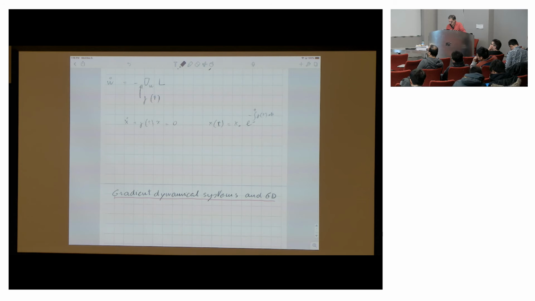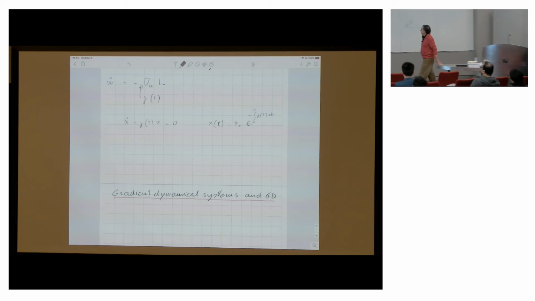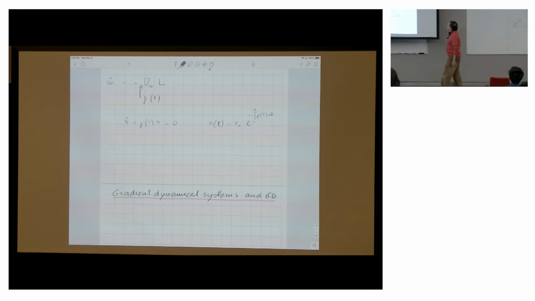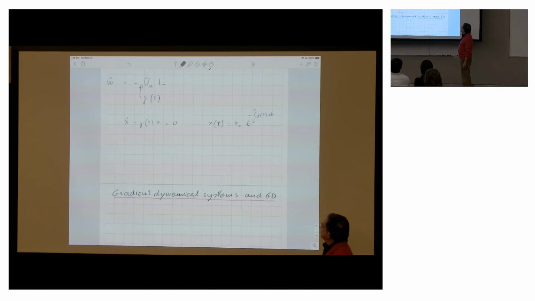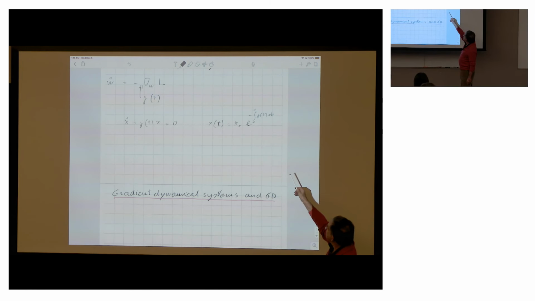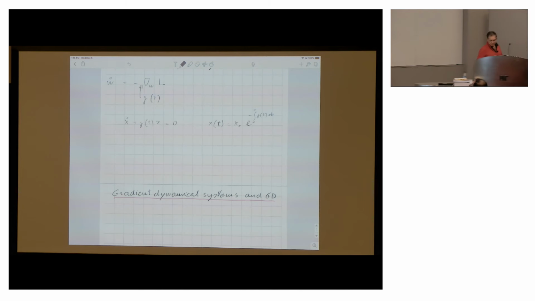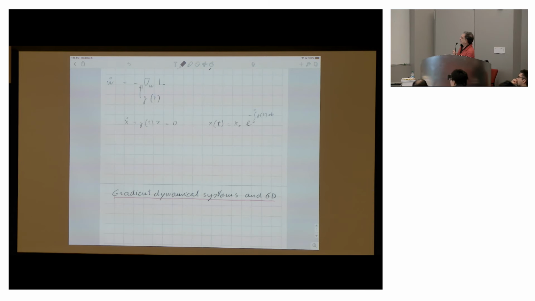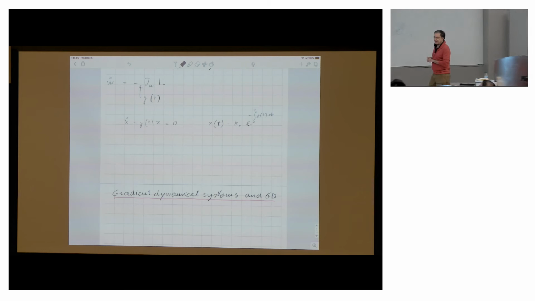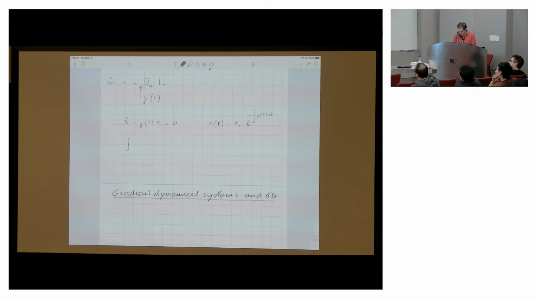Now, in order to have convergence, independent of the initial conditions, to the stable point, which is 0, you want the integral of gamma t to go to infinity as time goes to infinity, because in that case the exponential will be 0 and the initial condition effect will disappear. So you want this